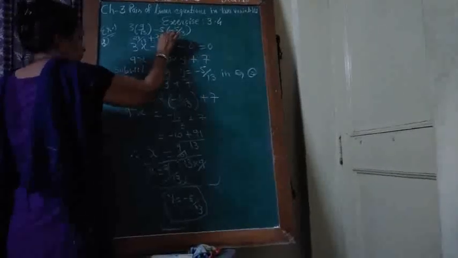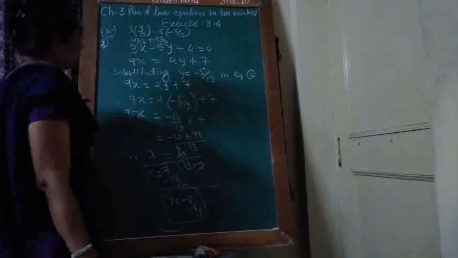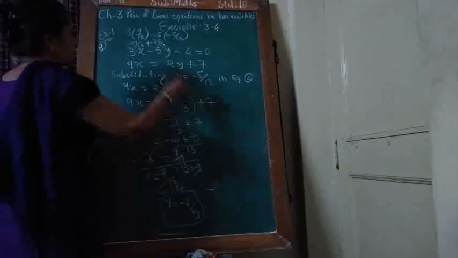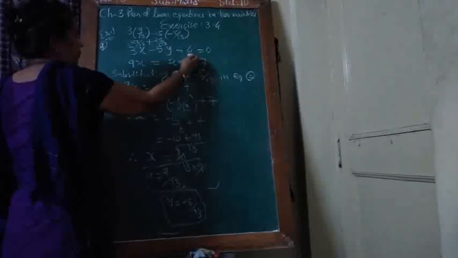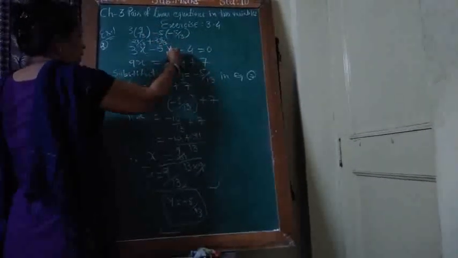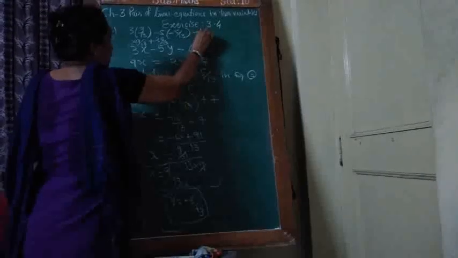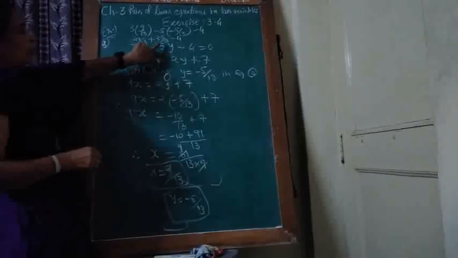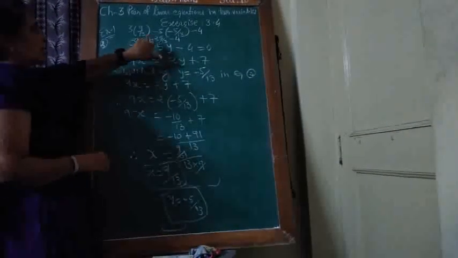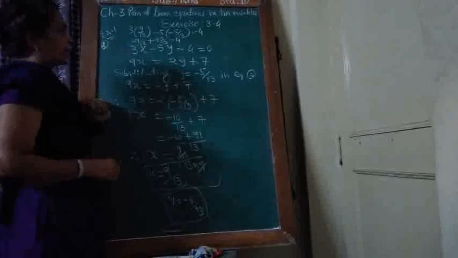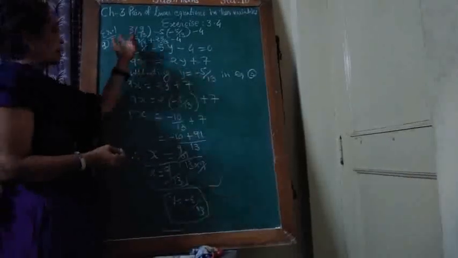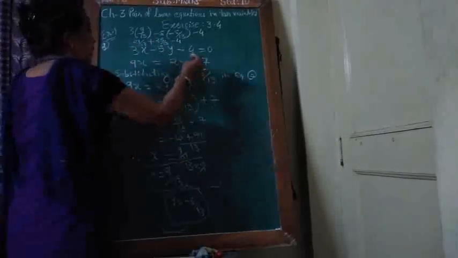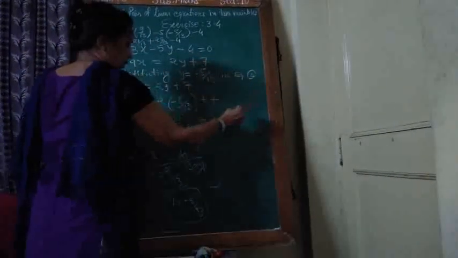25 upon 13. Y equal to 3x minus 5y. Again there is minus 4, is there, no? 3x minus 5y minus 4 is there. Okay, so again I write minus 4. And see, here both have the same denominator, so 27 plus 25. Because the denominator is the same, you can add the numerators. So 7 plus 5 I write here, okay.